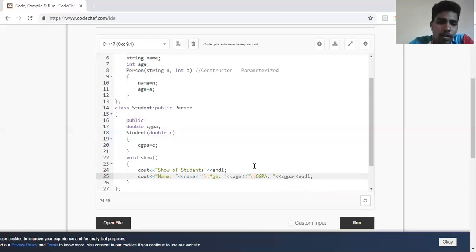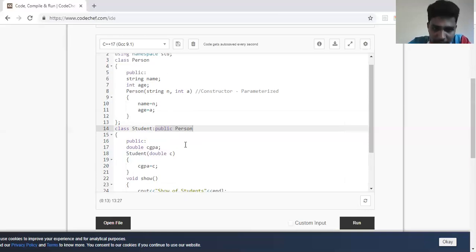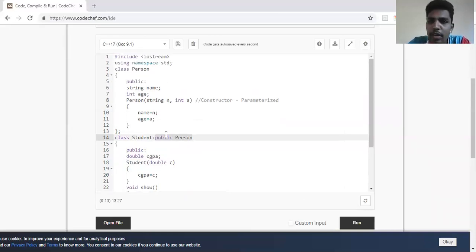Right. So if you see here, name and age do not belong to class student, but still I have written it here. Why? Because student has derived the features of person. Whatever features the person is having, all the public and protected features of class person will come to the class student. Let me repeat it. Whenever I derive a particular class, all the public and protected features get inherited, along with private also, but I can only access the public and protected features of my superclass.